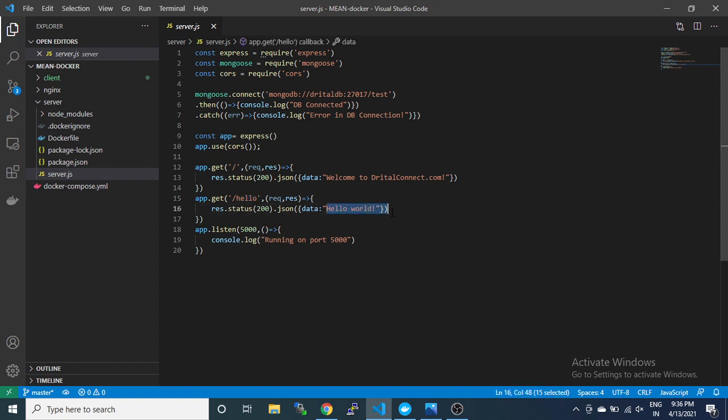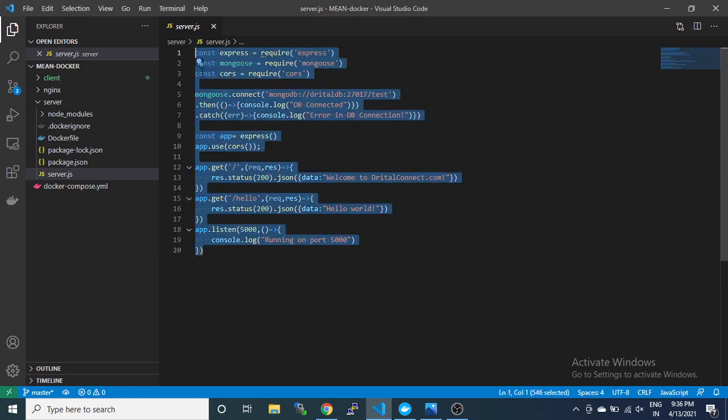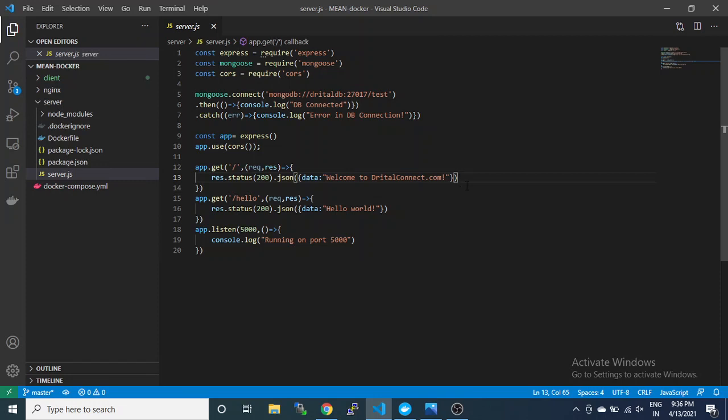Hello will return hello world, and root will return welcome to turtleconnect.com, and it listens on port 5000. Very basic, simple Express. Here in the connection we have defined MongoDB, DrittleDB, and the default port and database name. What is DrittleDB? We will tell you later.